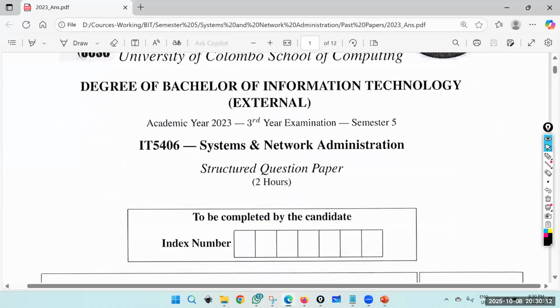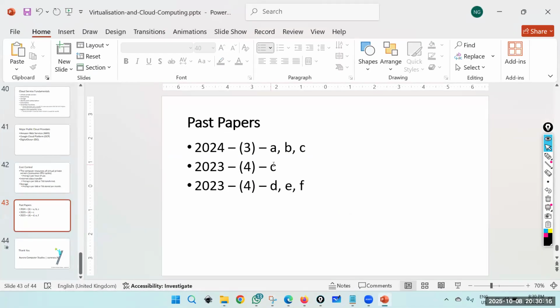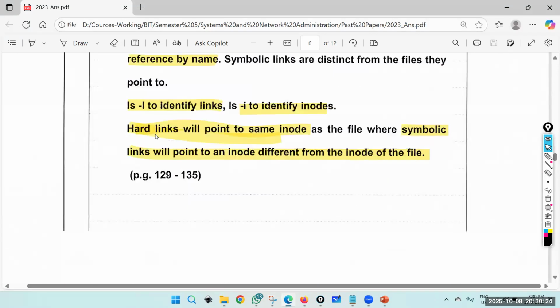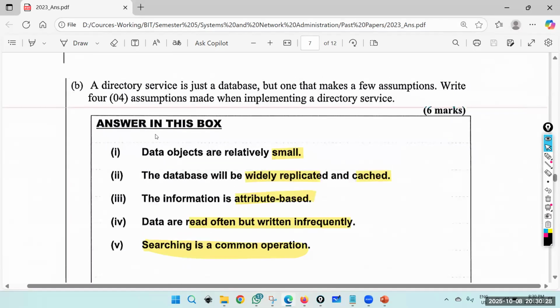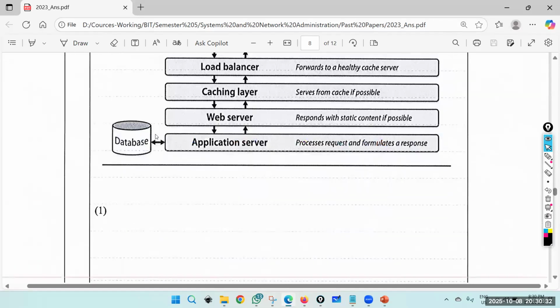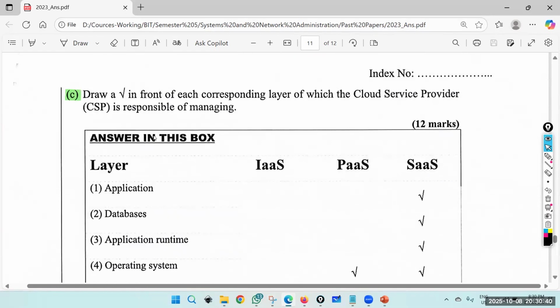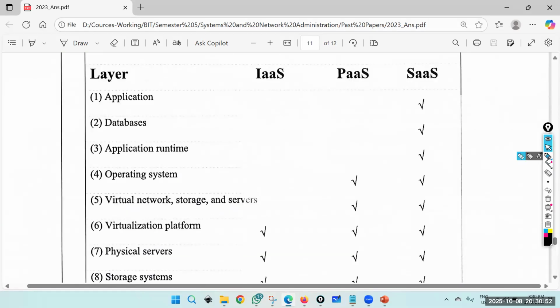So 2023, that year only one part, question 4C. Again, draw in front of each corresponding layer which the cloud service provider is responsible for managing. So you just need to tick it, okay? So applications, obviously software as a service. You just need to put this tick. Database is application, right? Obviously application runtime is a,